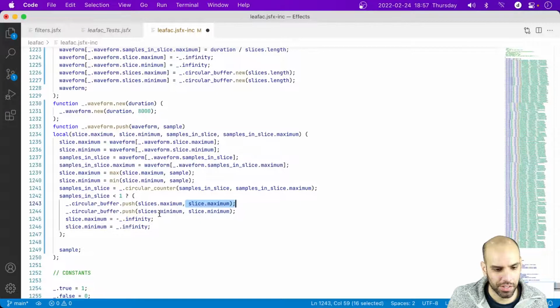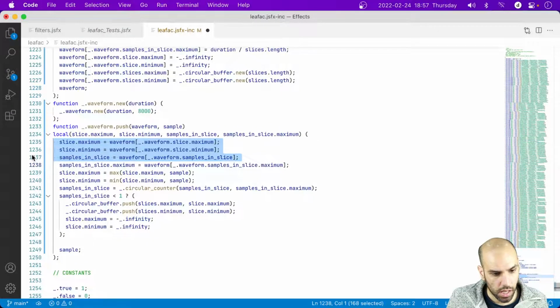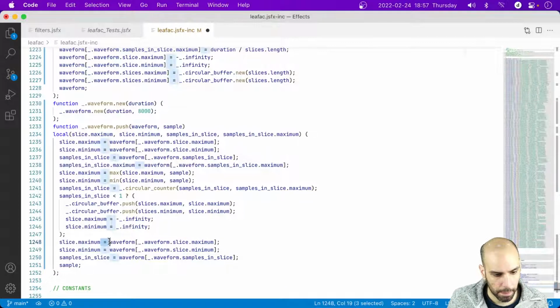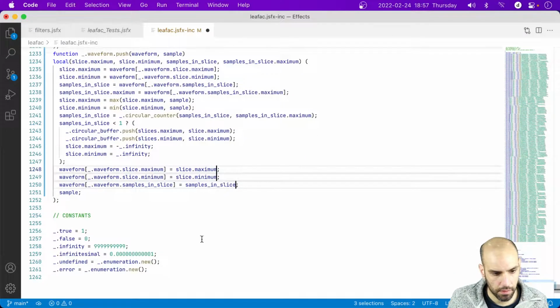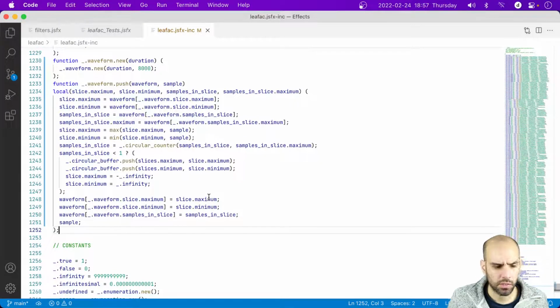First I want to store it here, then I want to do that, to reset it. And then there are some things that we want to update. So these may have been updated. Well, of course, they for sure have been updated. This has been updated potentially, but this is not. So we can do it like this. Okay, so this is what you need to do to push a sample into the waveform